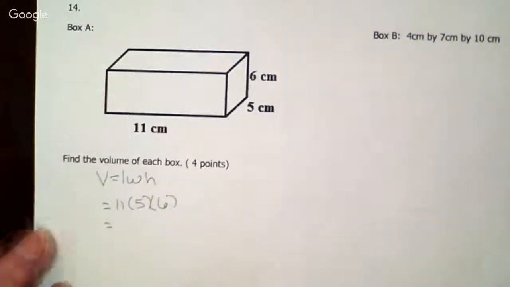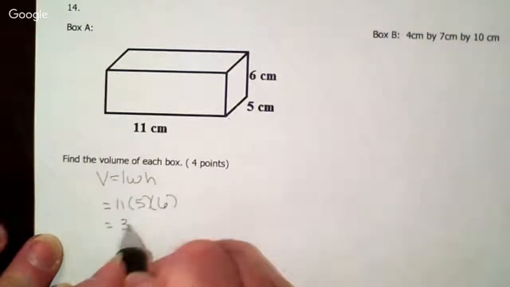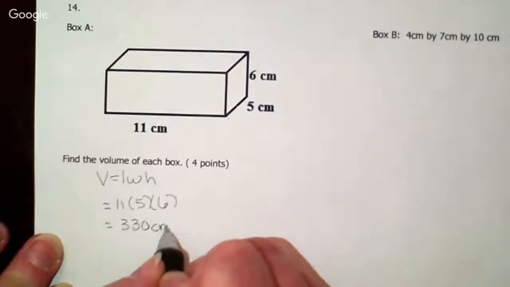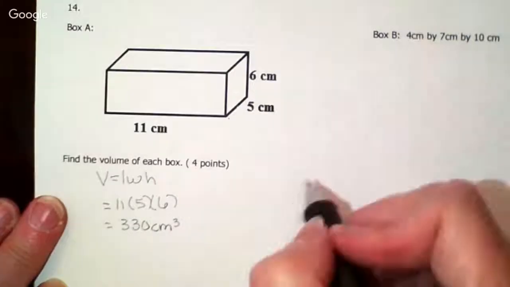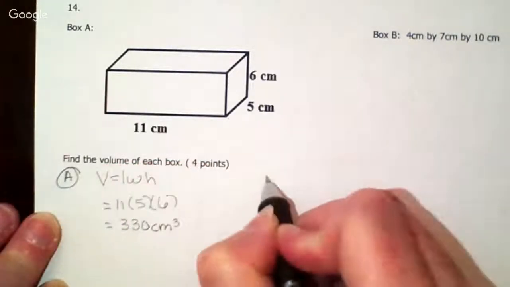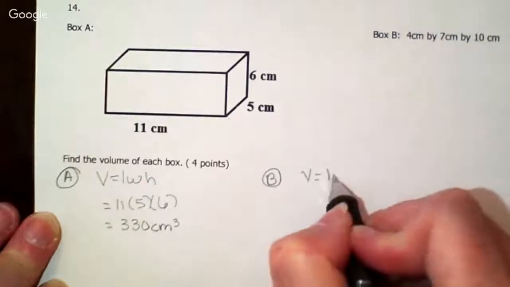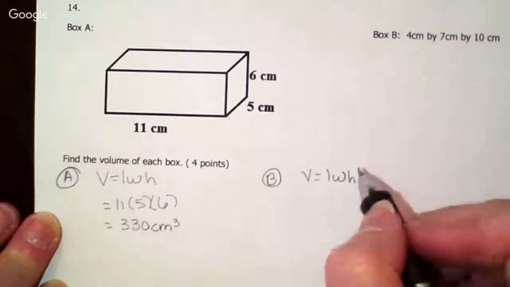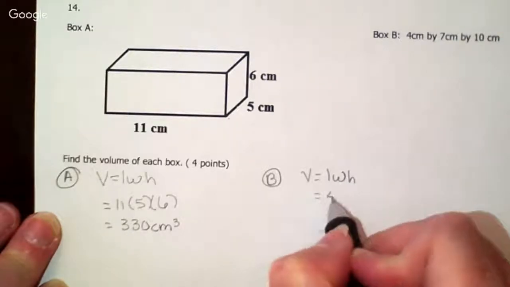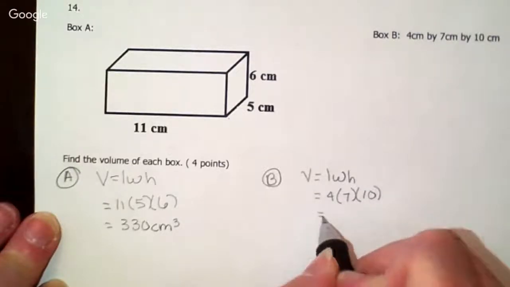In our calculators, I have 11 times 5 times 6, and that is 330 centimeters cubed. For box B, we have volume equals length times width times height, and we have 4 times 7 times 10. And here that would be 280